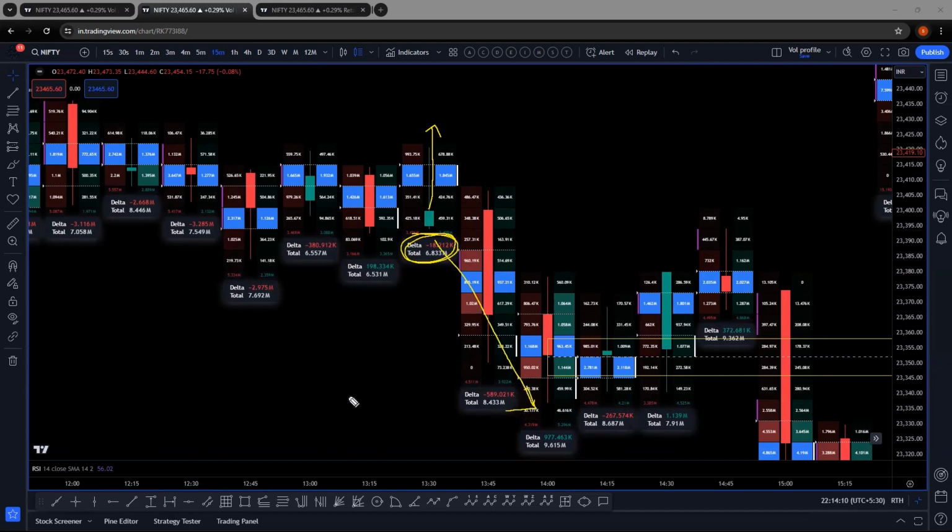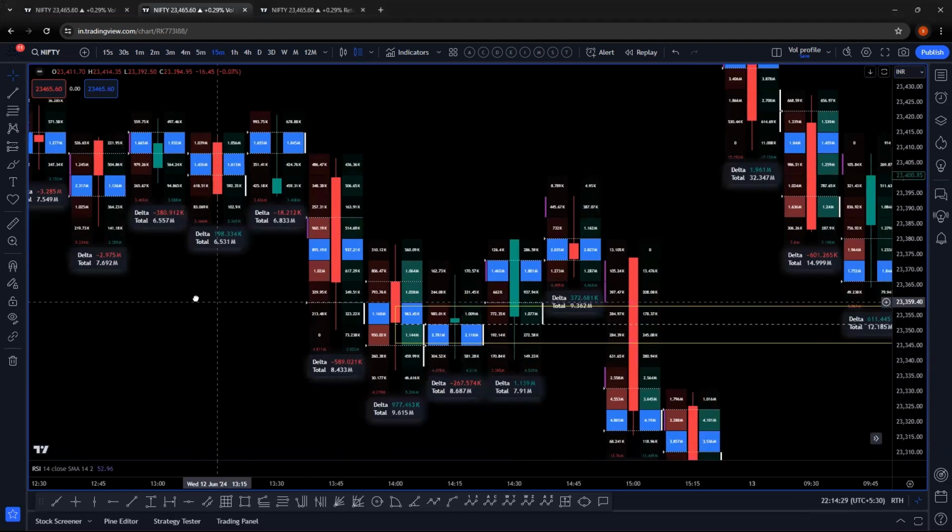Okay. Market started to fall. Retailers were trapped once again just before the fall. So what are you seeing? A small pattern here: the color of the candle, the structure, and delta. Sometimes they don't match. Okay, they don't match. So that tells us something fishy has happened or somebody has been trapped.